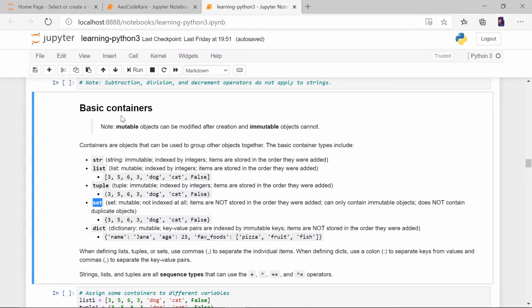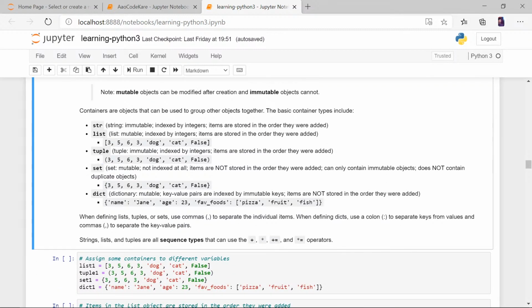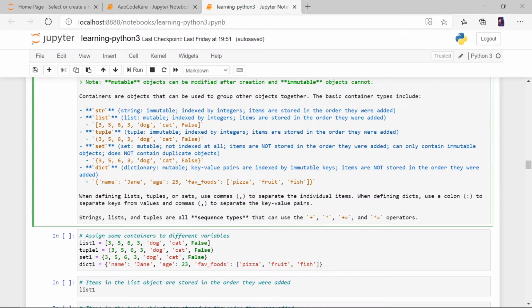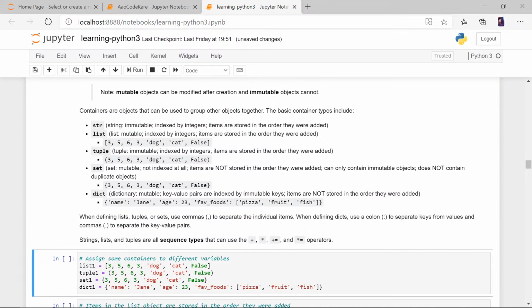And this is the thing we want to learn today. Nothing else. Basic containers: mutable objects can be modified after creation, and immutable objects cannot. Now, set. Set is mutable, with no index. Items are not stored in the order they were added. It can only contain immutable objects and does not contain duplicate objects.